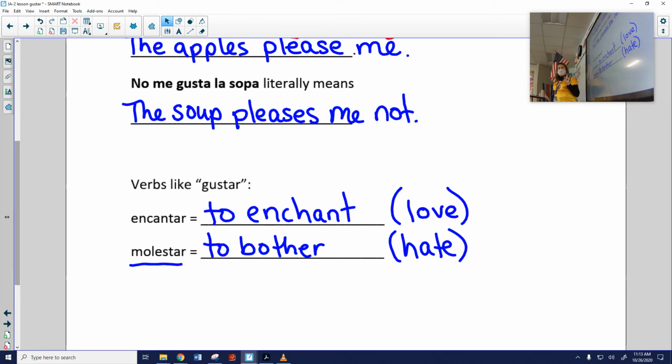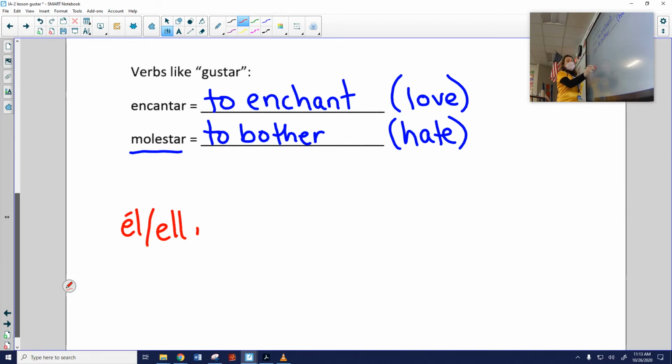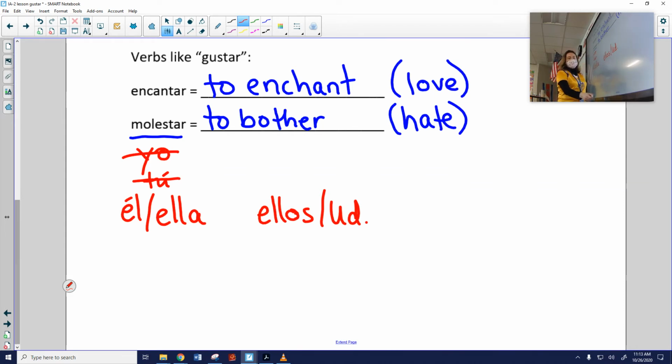Una cosa más. Be careful with these verbs that work like gustar. We're only ever going to use them in the third person forms, either the él, ella form or the ellos, ustedes form, because we're just saying it pleases me or you guys please me. We're not going to use the yo, tú, etc. forms of these verbs. And the reason is, if I said, for example,